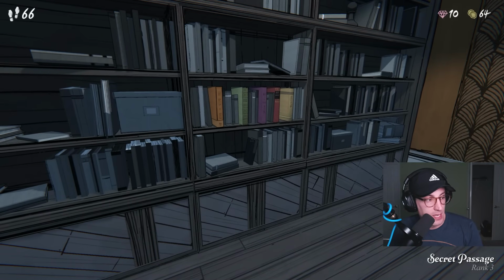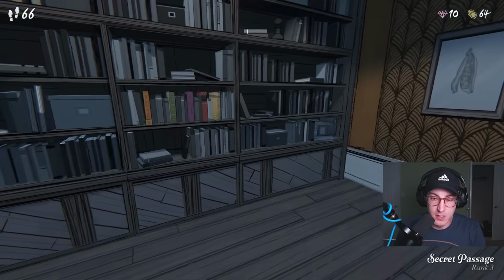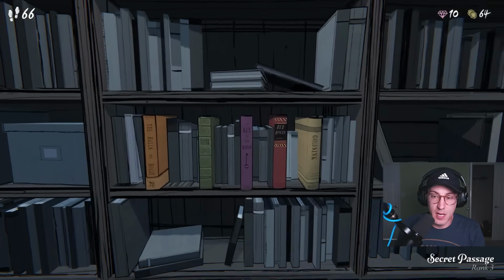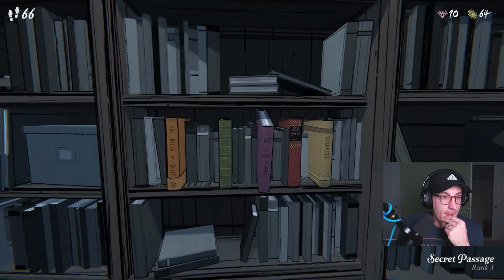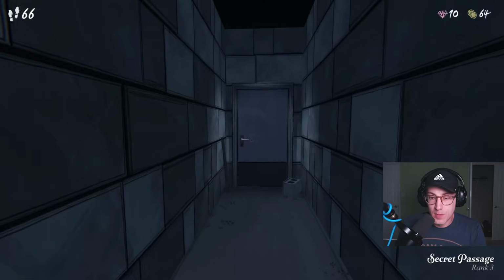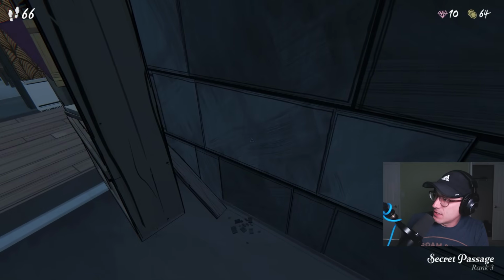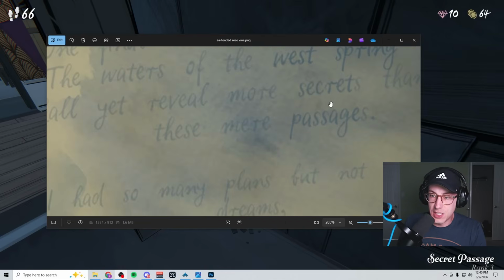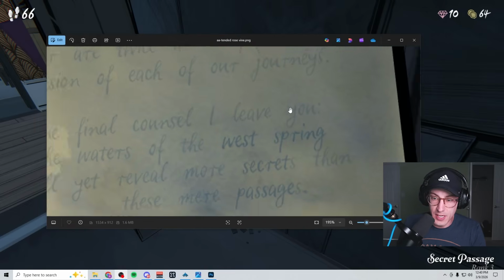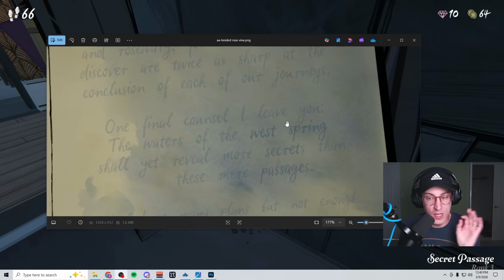We have to get Blessing of the Monk and we have to put that outside. So I need to get Shrine, because if you take that as not just secret passage and not just West Spring, if you combine the four of them, West Spring secret passage,